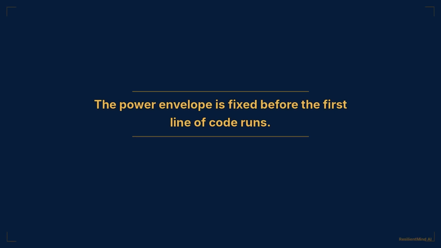Every edge AI deployment faces the same immovable constraint: the power envelope is fixed before the first line of code runs. The architecture that emerges is not arbitrary. It is a direct consequence of thermal physics, battery chemistry, and enclosure geometry. This teardown examines what a class of embedded AI Accelerator SoCs reveals about how that constraint propagates through every design